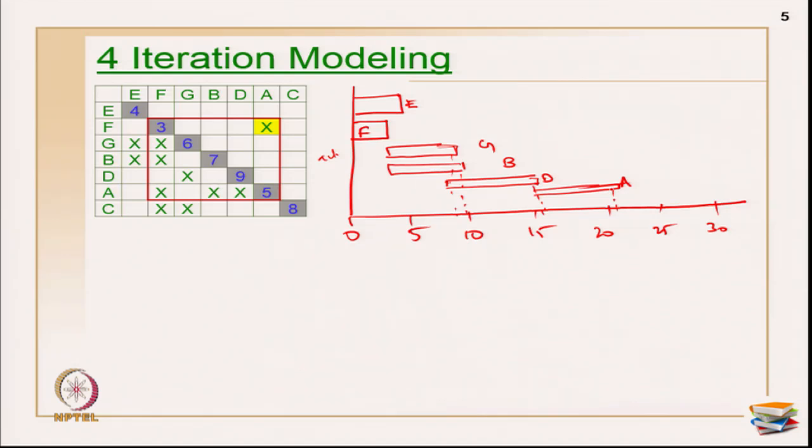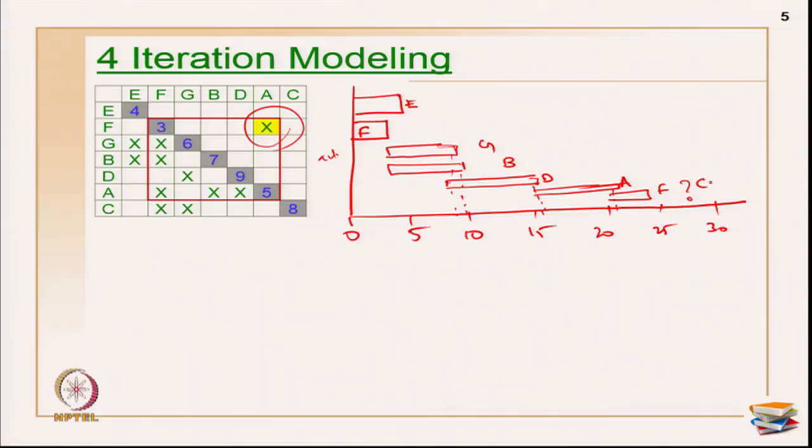In the sense, what about the result of this assumption that you have made? So, once you have done with all these activities, so primarily after activity A is also done, then you may have to repeat activity F. Okay. Now, without knowing the duration of activity F, you can't do. Now, let us make some rough assumptions. Every time the repetition is happening, 1/3 of the earlier duration is taken for all those activities. So, what will happen here? F will be done for 1 day.